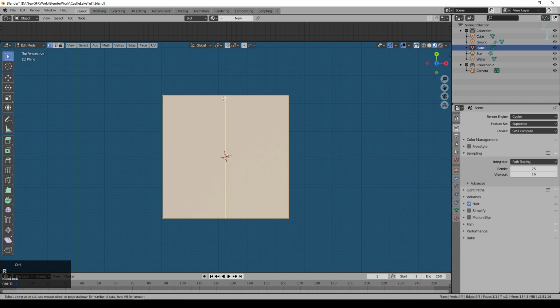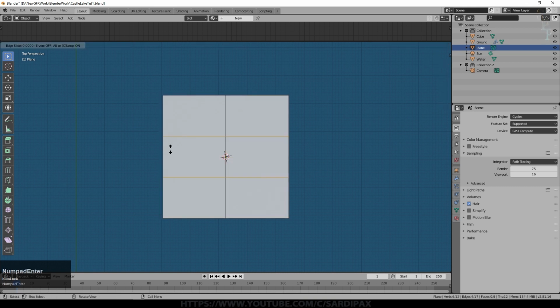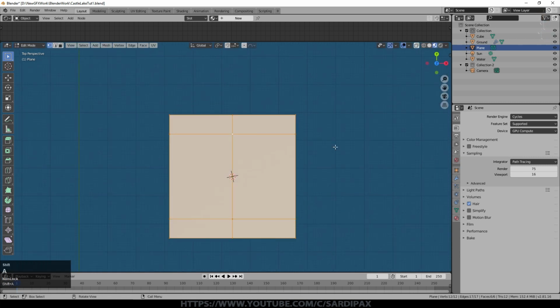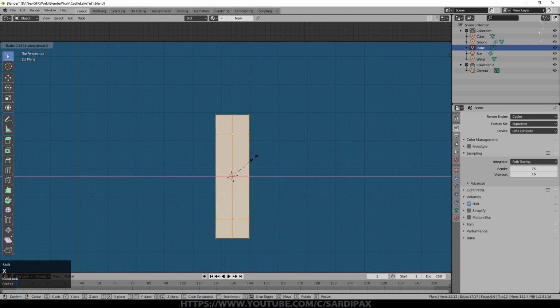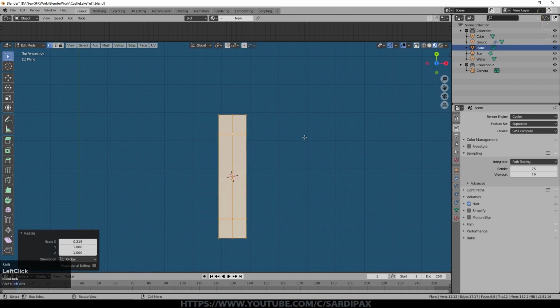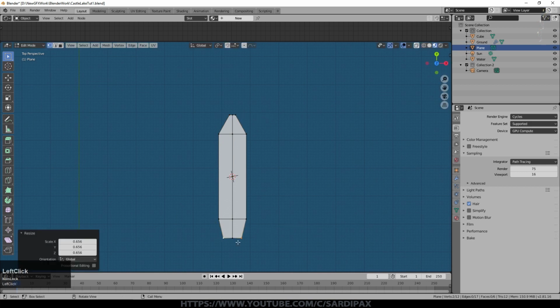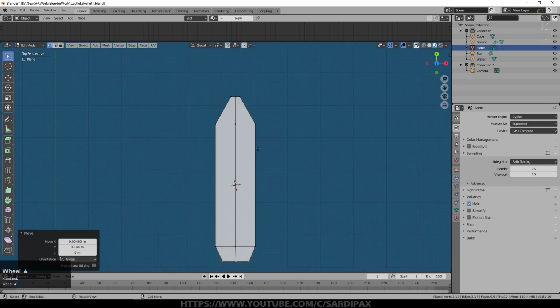Go to edit mode, Control R, and just cut it in half like that. And then I'm going to add 2 loop cuts like that. Going to move that one down there and that one up there. Pressing G twice allows you to slide a loop cut, by the way. Select everything, scale on the X just to bring it down. We're making a blade of grass, I should have said. Scale those 2 in and those 2 in, lift them up a bit. It's a very primitive blade of grass, obviously.